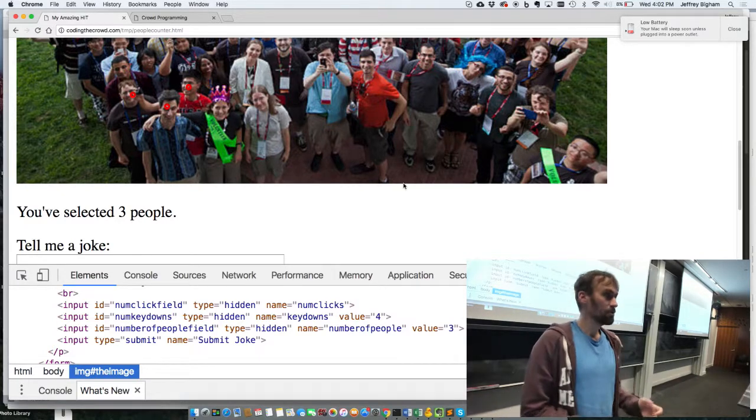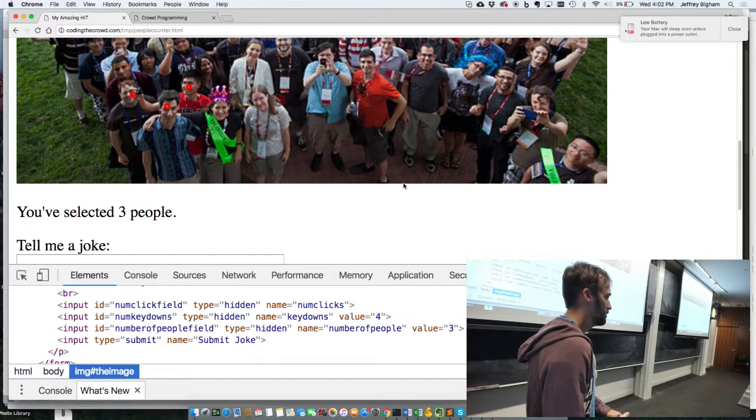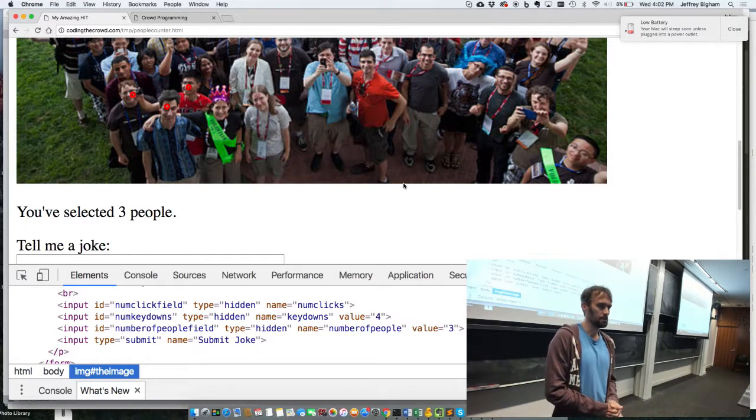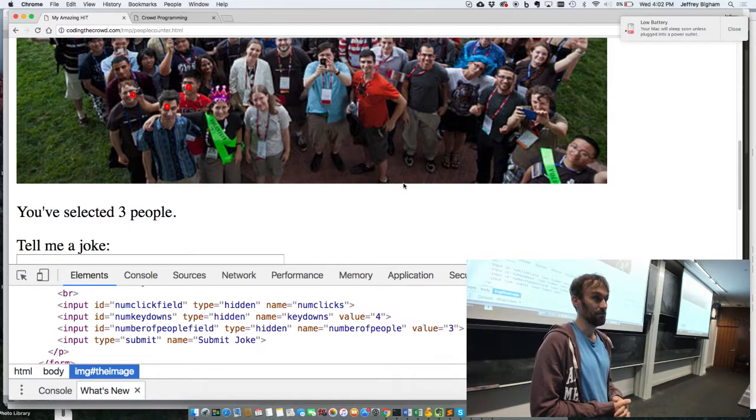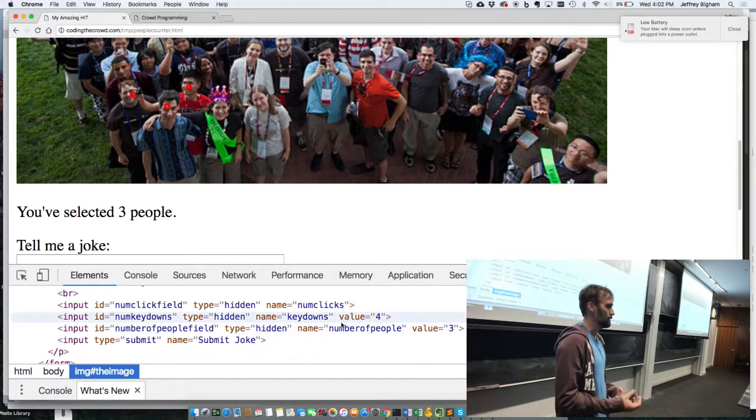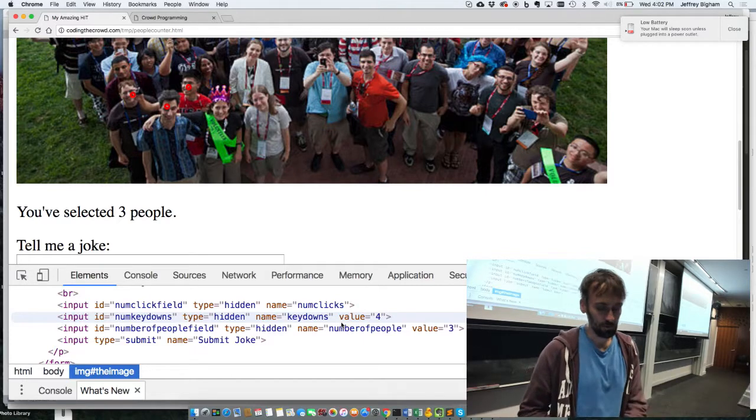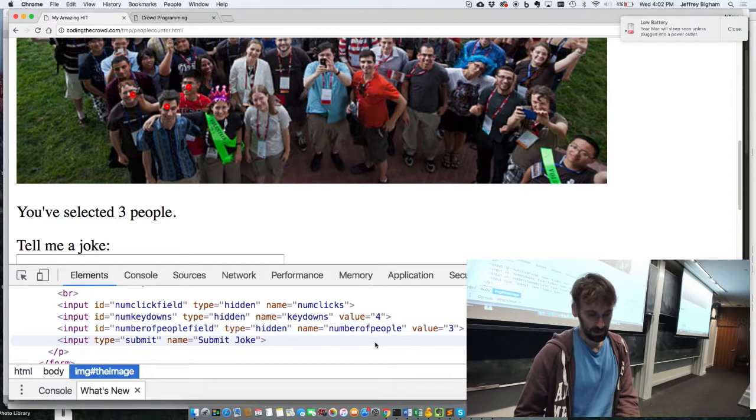So that's good. One thing you could imagine doing if you wanted was you could capture extra data, right? You could capture something about maybe how the worker got to this. This is completely optional, but it's one way you might make sense of whether or not someone figured out that, hey, all you're doing is looking at these hidden values. So if you want to get a sense of how much work they went into, you could collect other things like,